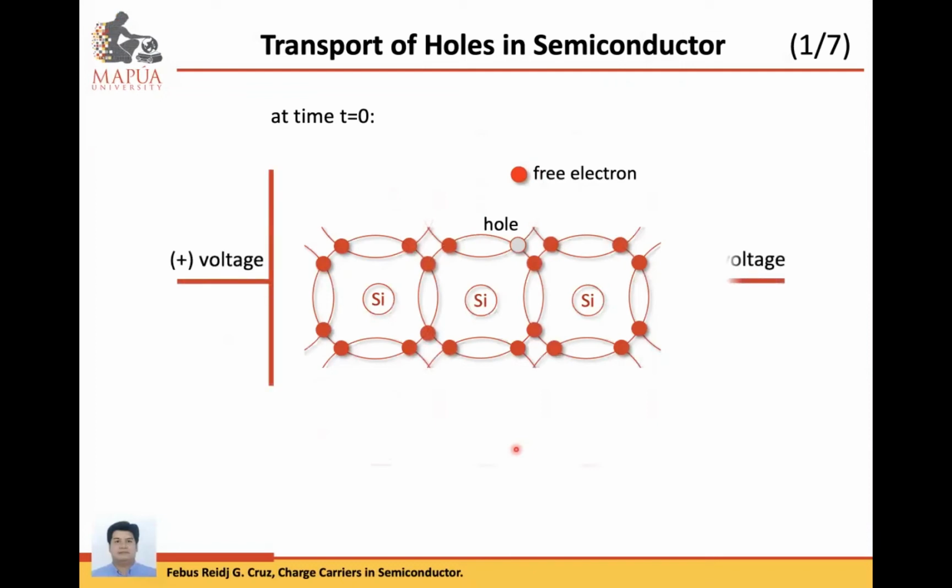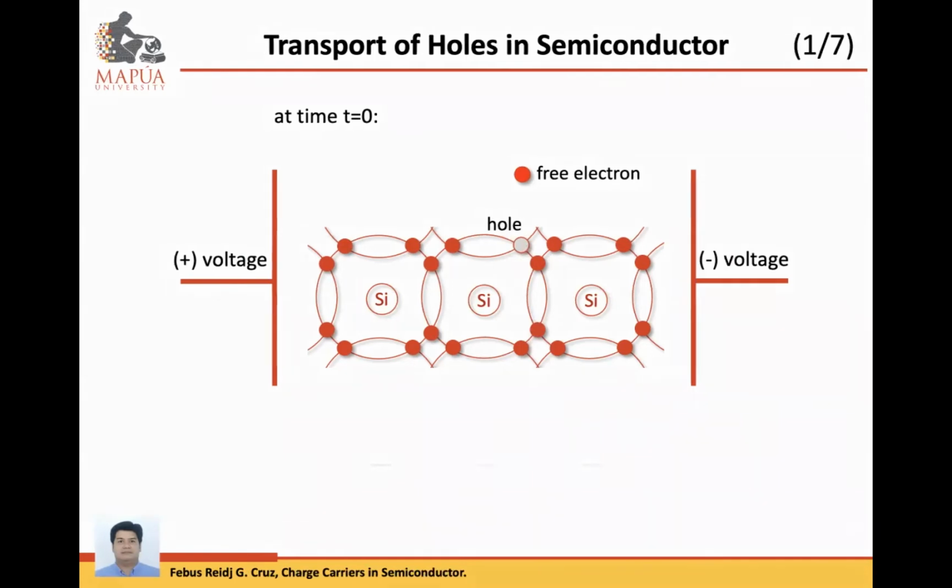Now, next question. How do we transport holes in a semiconductor? Again, when we say hole, this is just a vacant space in the valence shell. So how does a vacant space move? Since there is actually no particle there, it is not the hole itself that moves. So let's say at time equal to 0, again we connect positive voltage on the left side and negative voltage on the right side. So what will happen is,